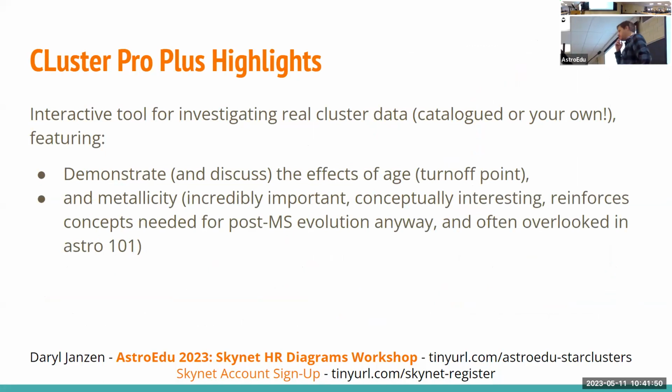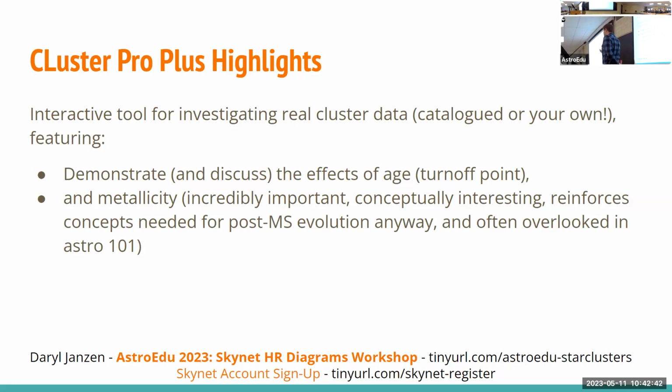The turnoff point is something that we always teach students about in a first year course. You learn about how the higher luminosity stars age more rapidly and evolve off the main sequence to become giants sooner. But when we look at first year textbooks, you rarely see anything about metallicity, and metallicity is extremely important to how stars form and evolve, and so it's important. It's also just interesting conceptually, and it's a concept that reinforces other stuff that we talk about when